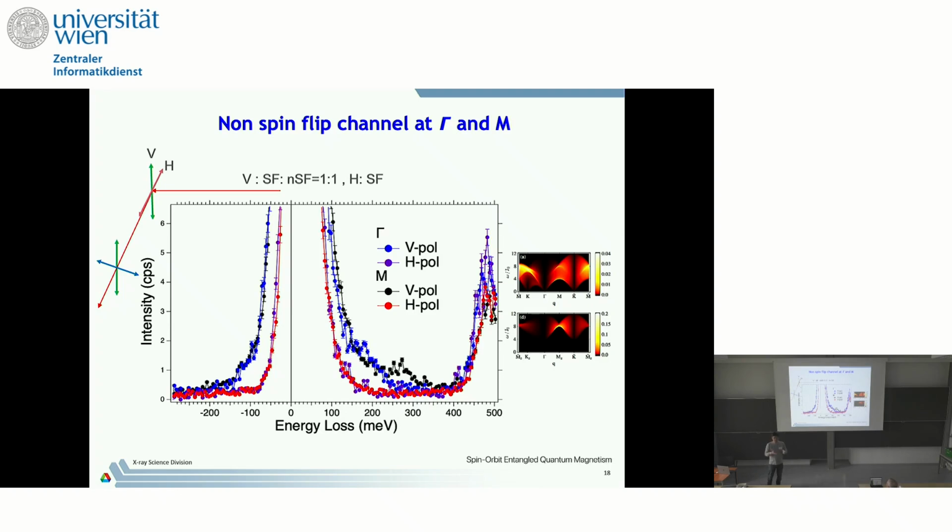But we are not talking about a perfect Kitaev quantum spin liquid. This prediction is based on the perfect Kitaev quantum spin liquid, but in the real system, we don't know what the quantum spin liquid system is. But the important message here is that in the polarization conserving channel, we have an additional low energy excitation, which cannot be a spin flip excitation. If this suggestion is right, this may be some kind of delocalized Majorana excitation. And this one was taken at a low base temperature, like 4 Kelvin.